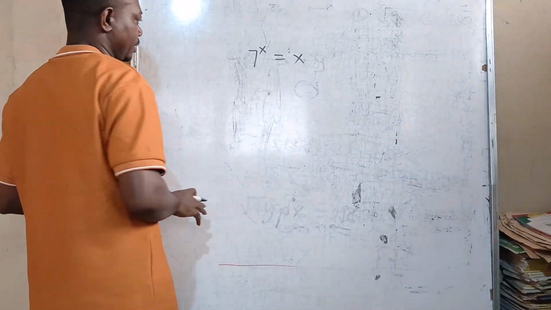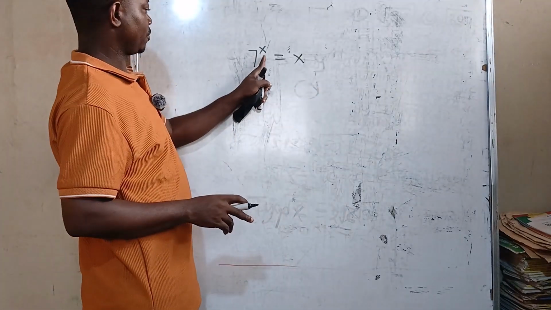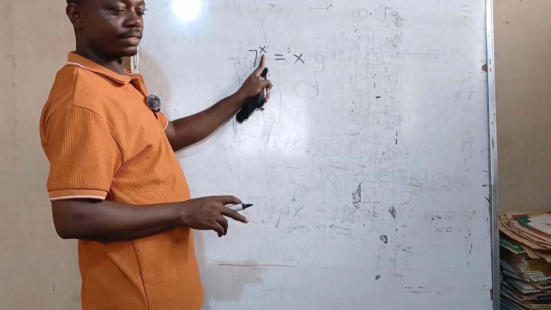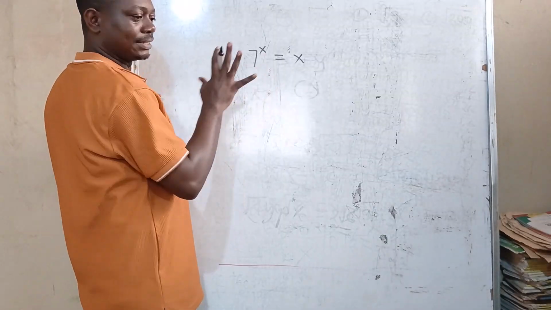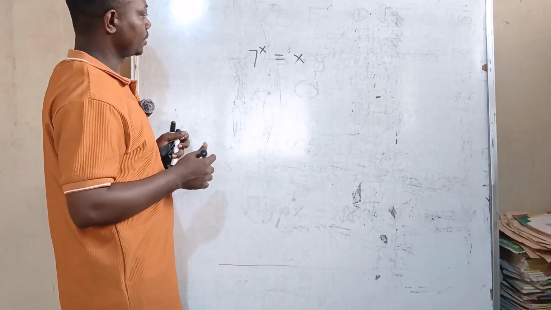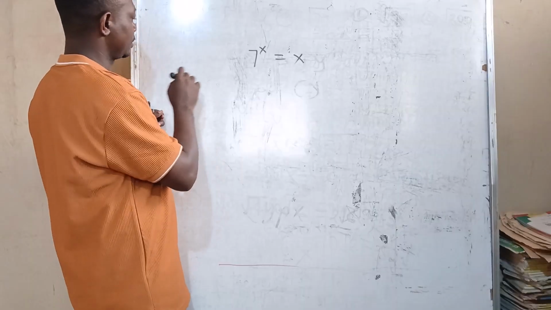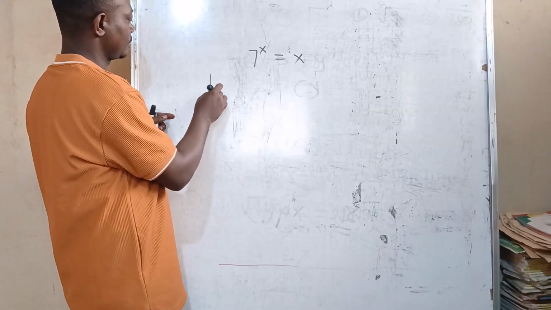So how do we solve for x? First of all, let's bring this part down here. We can only do that by taking log on both sides. I prefer using the natural log, so I will take ln